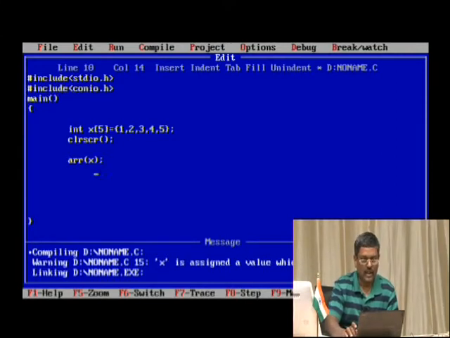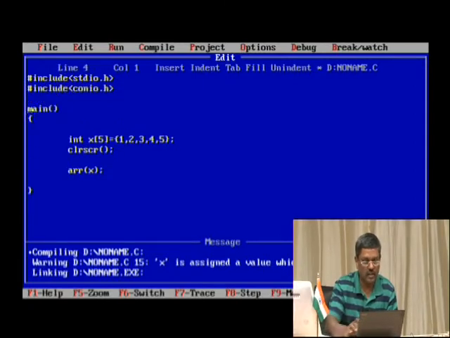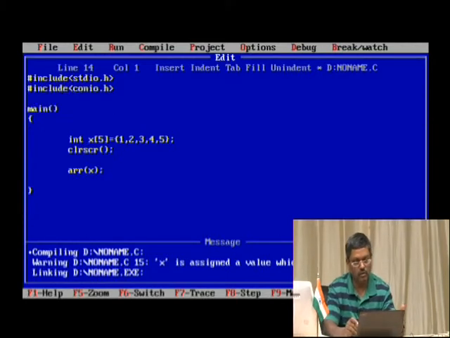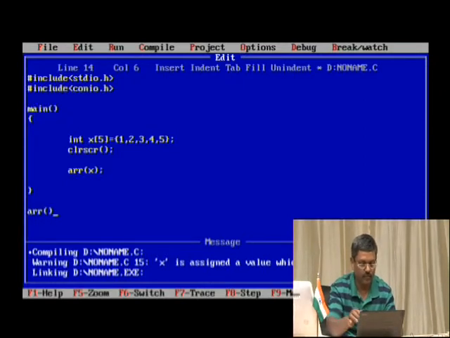When I pass this, somewhere outside, of course, you can always declare it as void array with x and data type int, etc. Most likely this will work. So this array is done, then it will be done by another function.